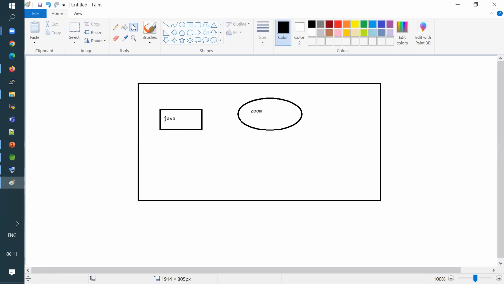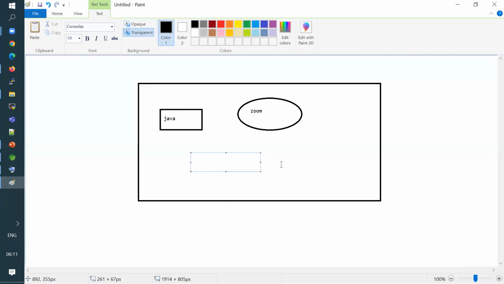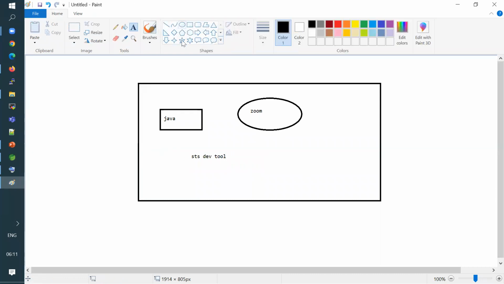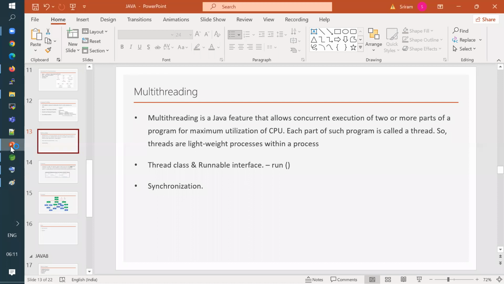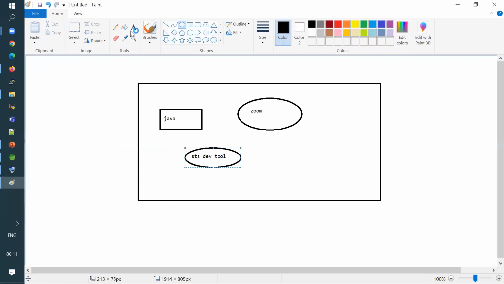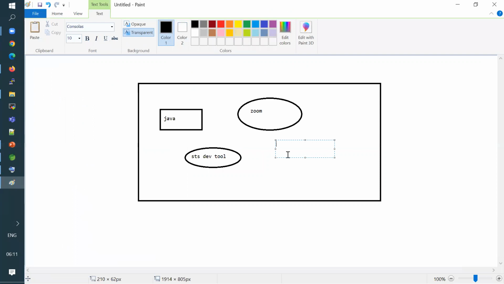Here I can have my STS dev tool running, which is the Spring Tool Suite, whatever we are using. And in parallel, you have another application open, which is Microsoft PowerPoint.